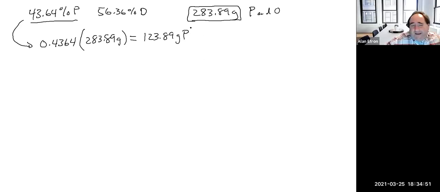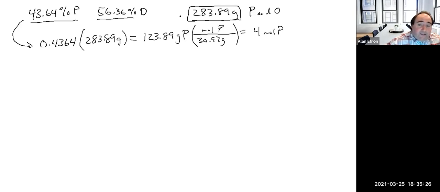What does 123.89 grams of phosphorus represent in terms of moles? We can convert it into moles by using the molar mass of phosphorus, which is 30.97 grams per mole, and we end up with 4 moles of phosphorus. That number might look familiar from what we just calculated, but let's do the same calculation for oxygen. Out of that 283 grams, 56% of it is oxygen. So converting our percentage of oxygen into a decimal, we multiply it by